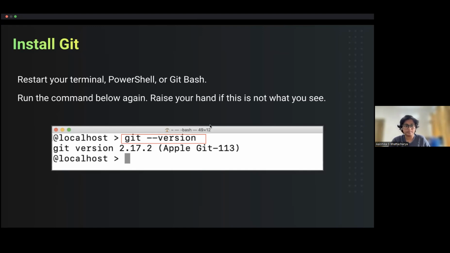And I think apart from that, we are good to go. So if anyone has any difficulties installing Git or working with Git so far, please feel free to actually unmute because I'm not able to read the chats. So just unmute, let me know about your issues, and we are going to work our way through that.